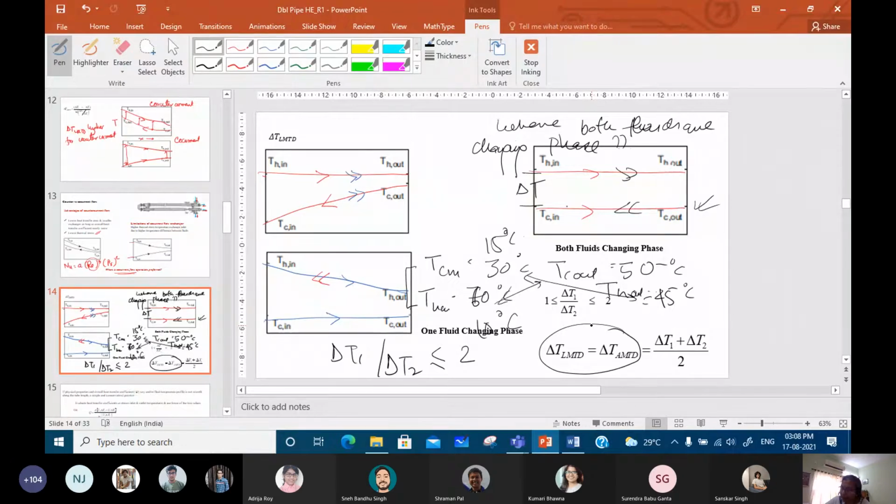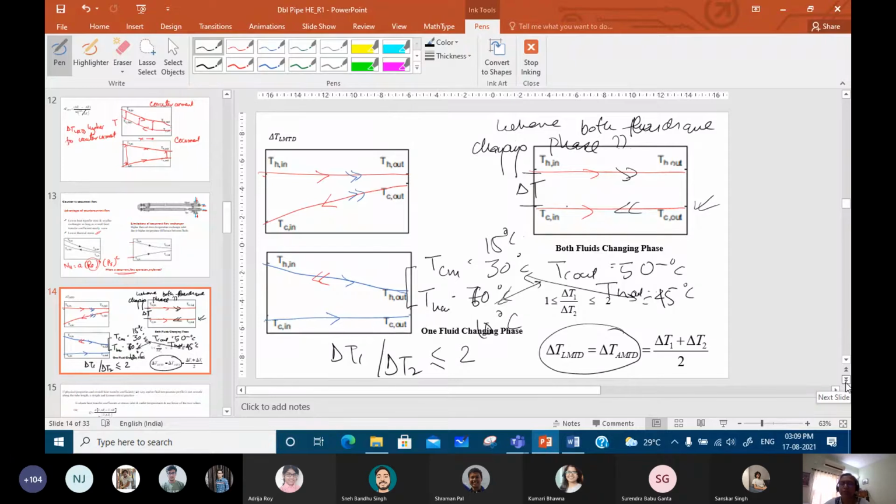Okay, so therefore for such cases you can work it out for yourself, and you can find out that when your delta T1 and delta T2 are not much different, at least one is less than double the other, then in that case instead of LMTD you can take the arithmetic mean temperature difference, and therefore without a calculator also you can find out delta T, and you can go ahead to find out the A. Right? Is this part clear to all of you?